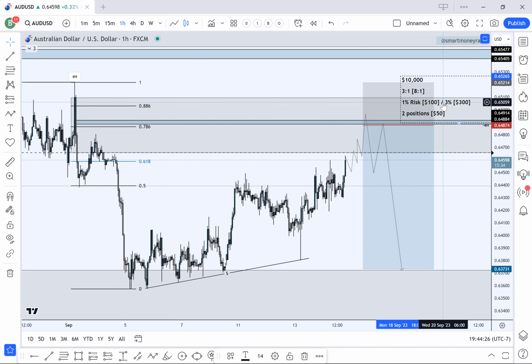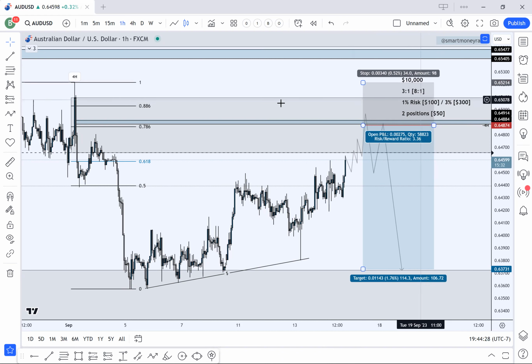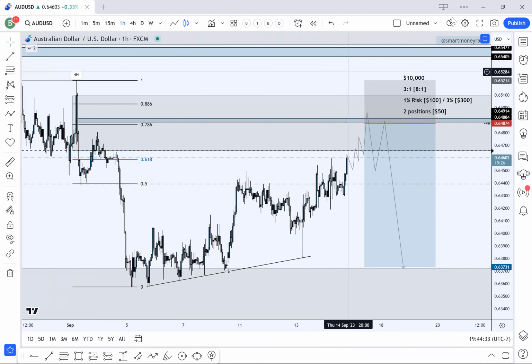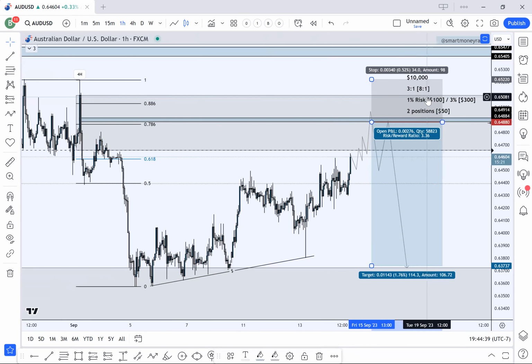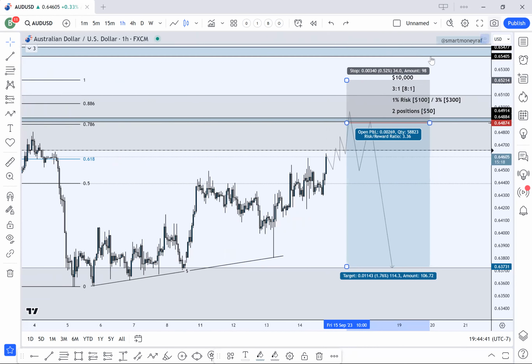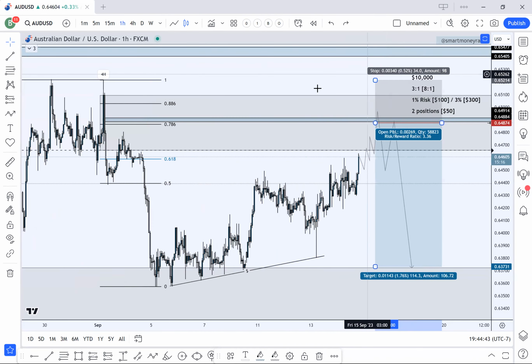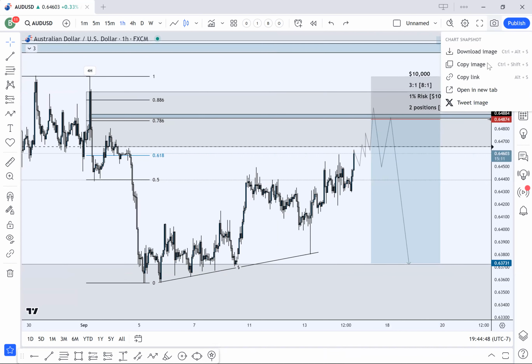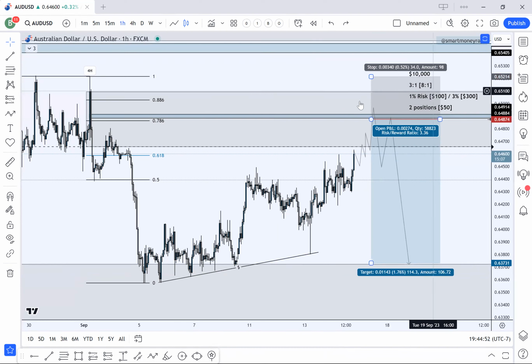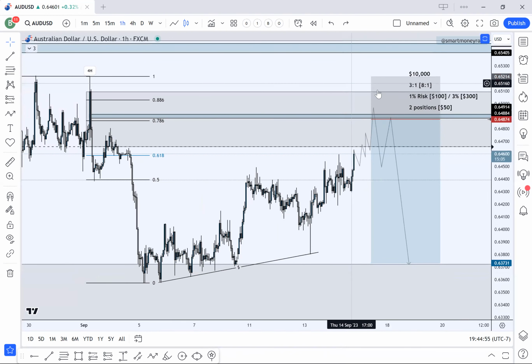So that's basically a quick breakdown of what I look for as far as an entry, how to leverage correctly, how to trade manage, that kind of thing. I'm going to take this screenshot and use it for one of my lessons, and send it out to you guys. Remember that, we're doing the work here. We're on these study sessions, marking up these charts. All it takes is for you to click this button right here and go download image. Keep a copy of that, study, see what's working, see what's not, go back at the end of the week and backtest,